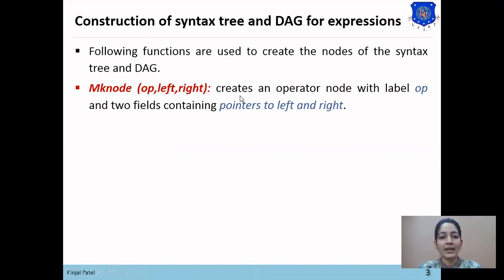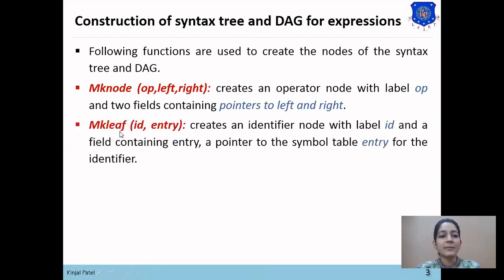The first field is the operator, which creates an operator node with label operator, and 2 fields containing pointers to the left and right child. The next function is makeLeaf(id, entry). This function creates an identifier node with label id and a field containing entry, a pointer to the symbol table entry for the identifier.